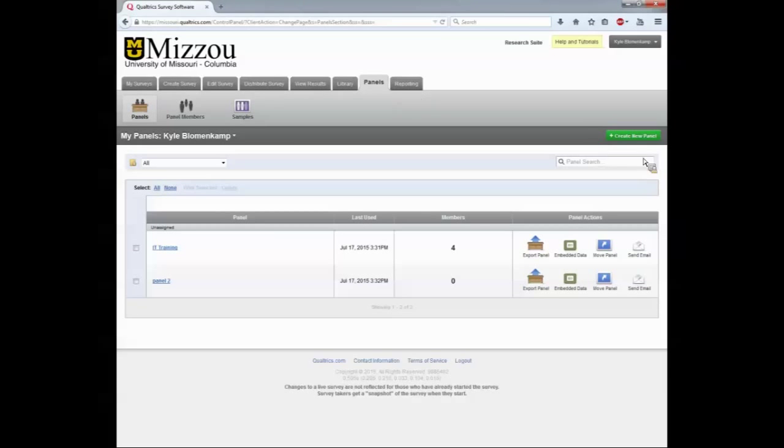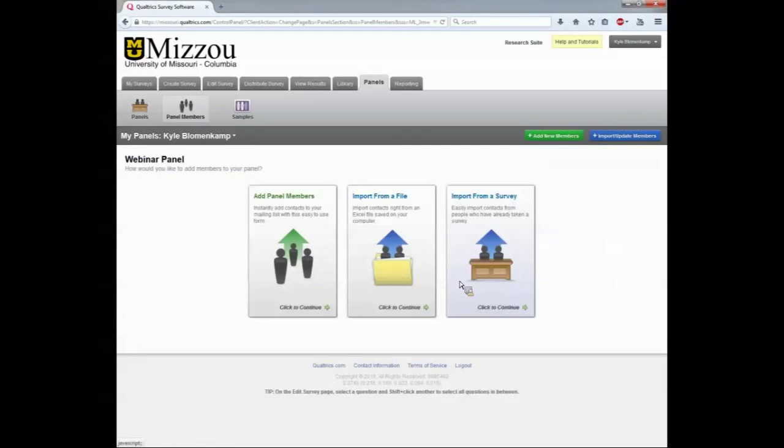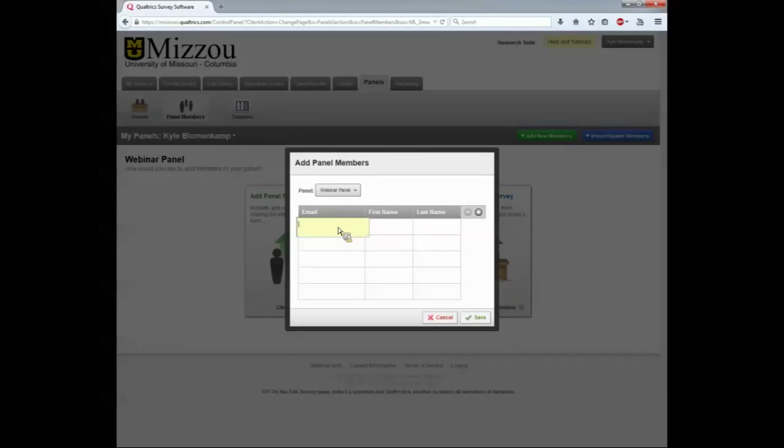So I could create a new panel and call this webinar panel, put it in a folder if I wanted to. We can import from a file, which means it would be a comma separated values file, a CSV file. And that would allow you to import it from an Excel spreadsheet. So you could get an Excel spreadsheet ready, turn it into a CSV, and then put it in that way for large batches. Or panel members here,